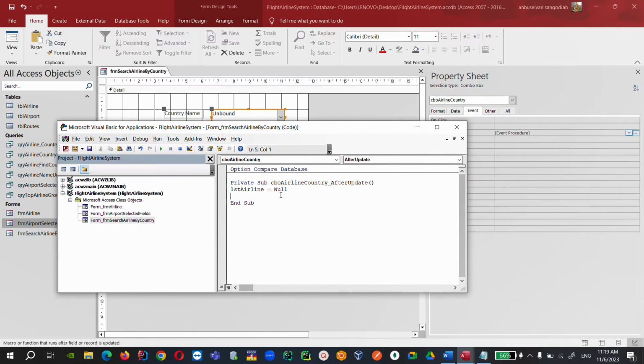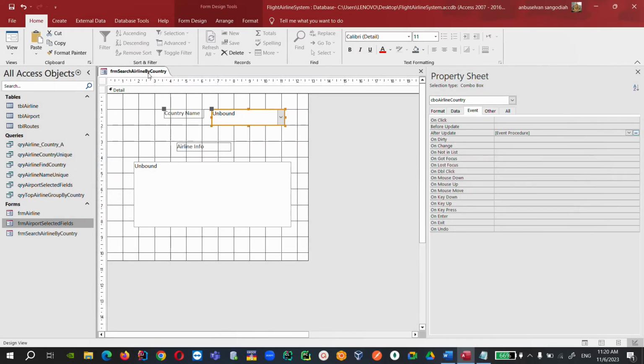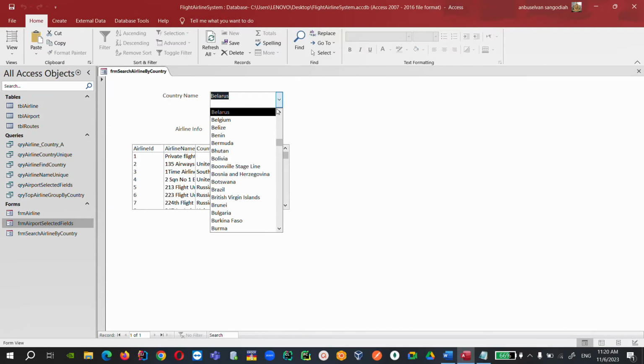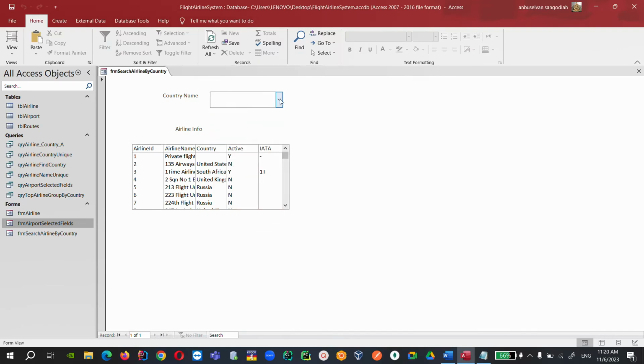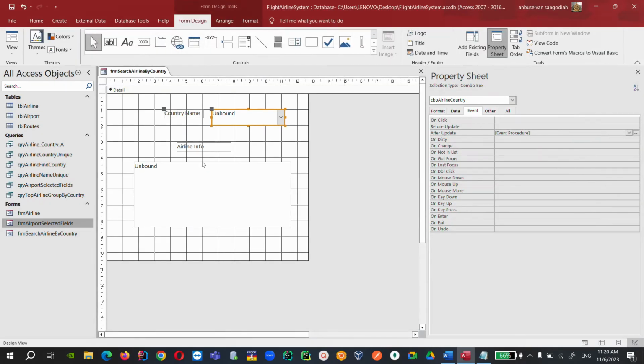and then list airline requery, and then CBO airline country equals to. Okay, so this is done. So I'm going to test this form view, right? You can see here, oops, okay, let me just go here,